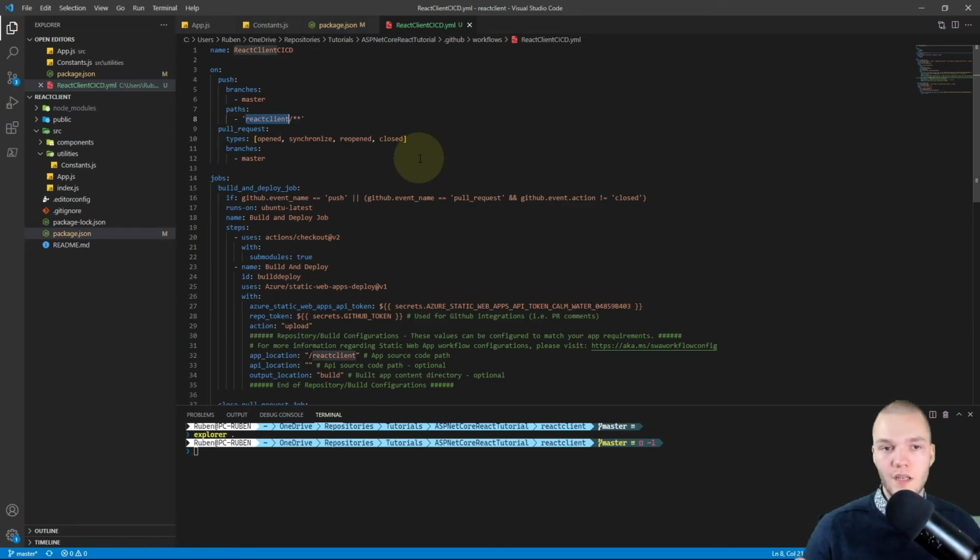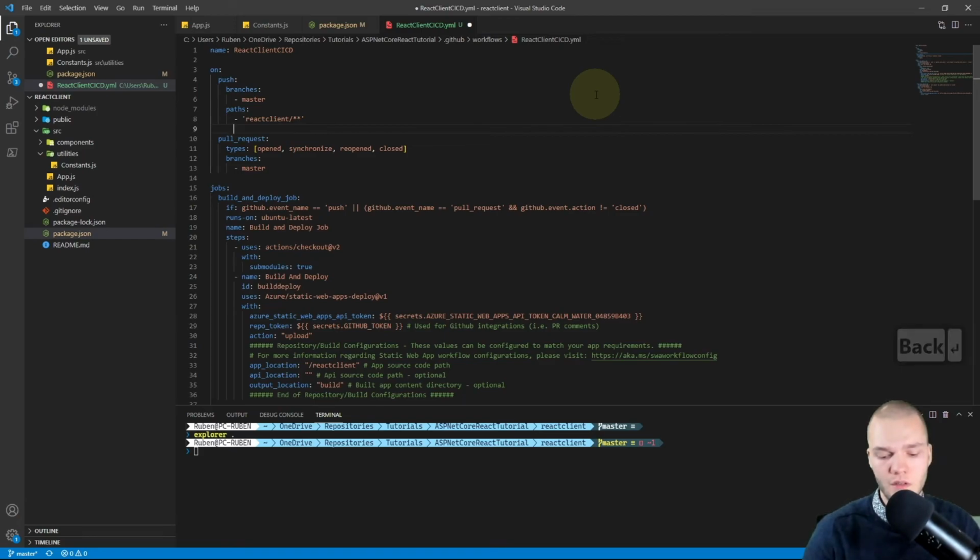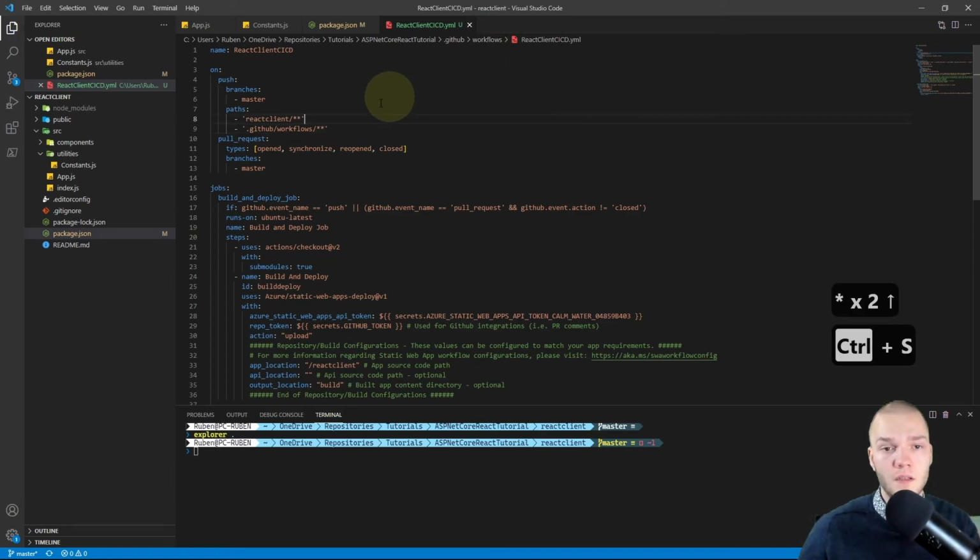Obviously use the name you did for your React project. Below this, I'll add one more, so a dash, single quote, then .github/workflows/**, so everything in the workflows folder.